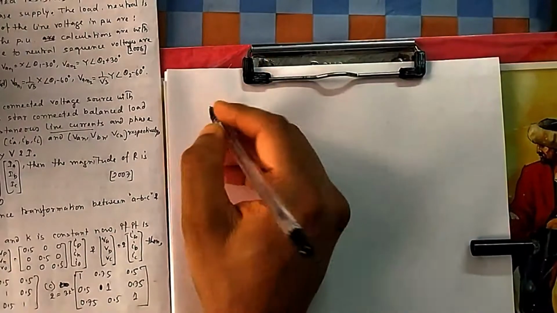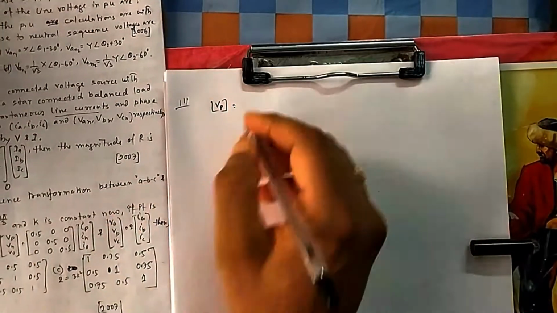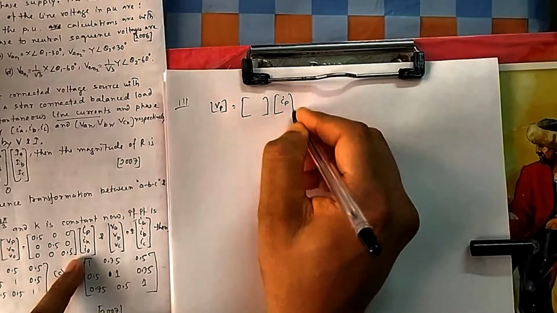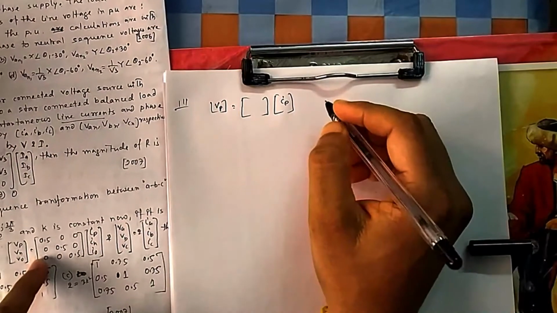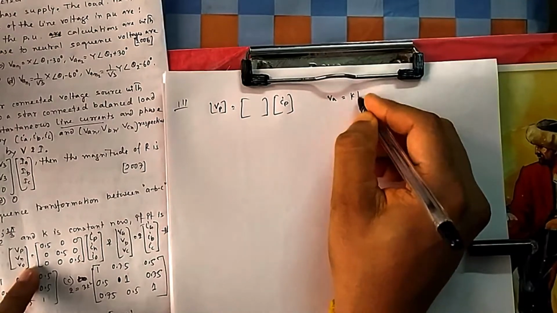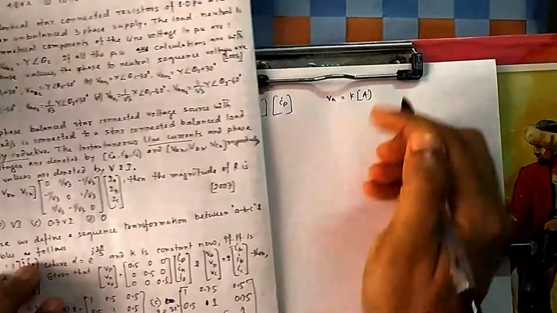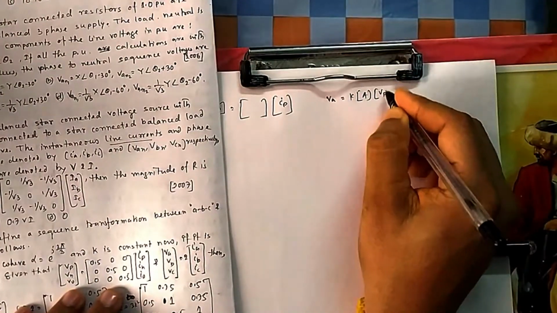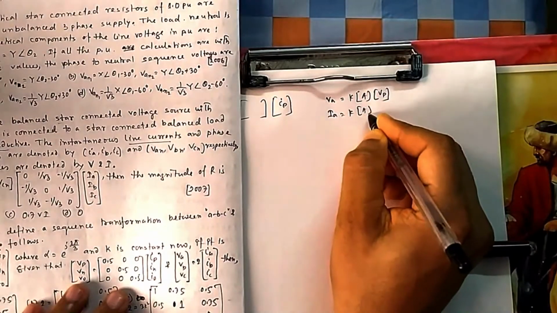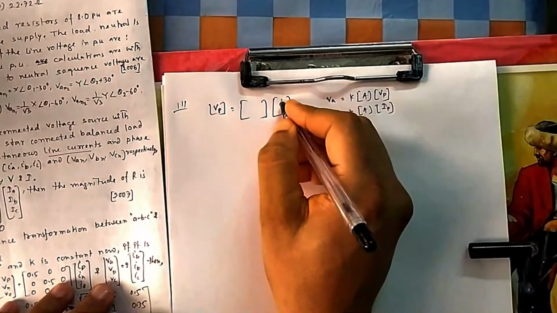Okay, what is given to us? VP is equal to some matrix, that is 5005, I am not writing this one, into IP. This is given to us. There is a relation between these two. And what is the relation between VA and this one? VA is equal to K into, suppose I name this matrix as capital A, so it is the relation between VA and VP, and it is also the relation between IA and IP. K into the same matrix and then IP. Small i, capital I, whatever.